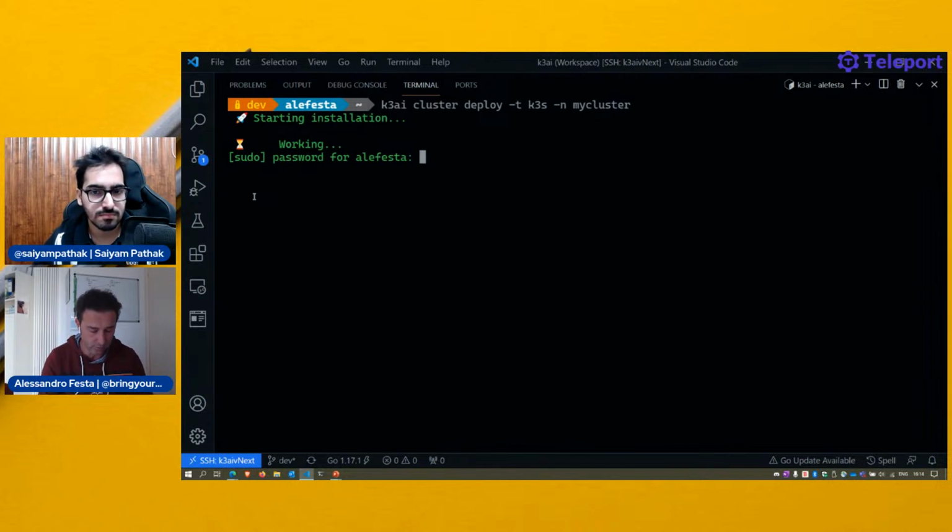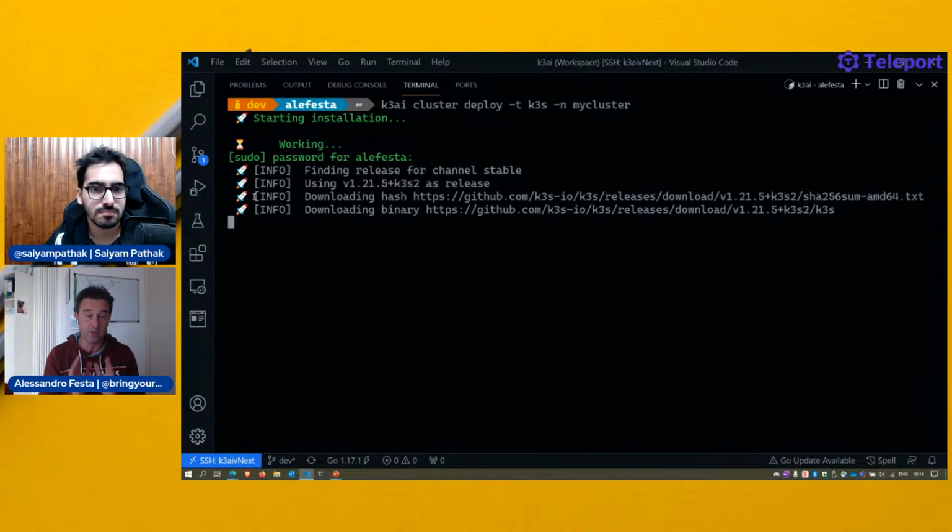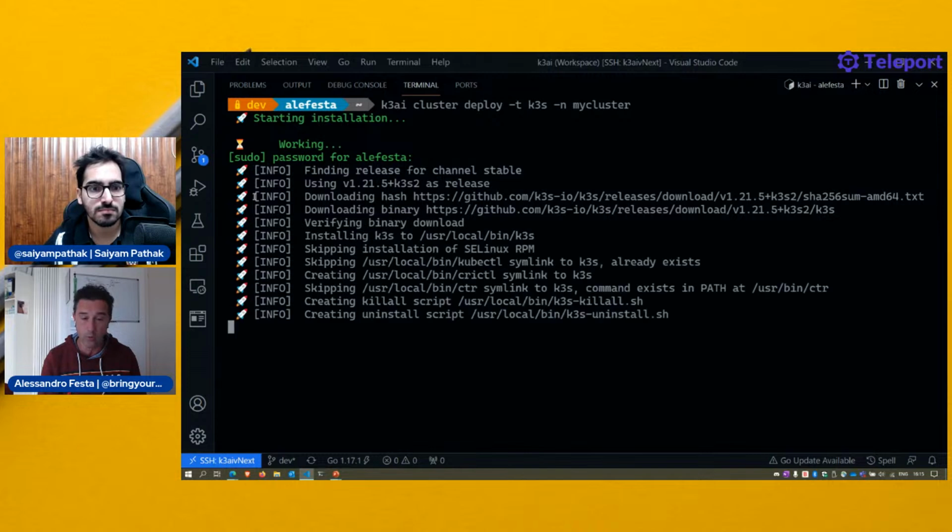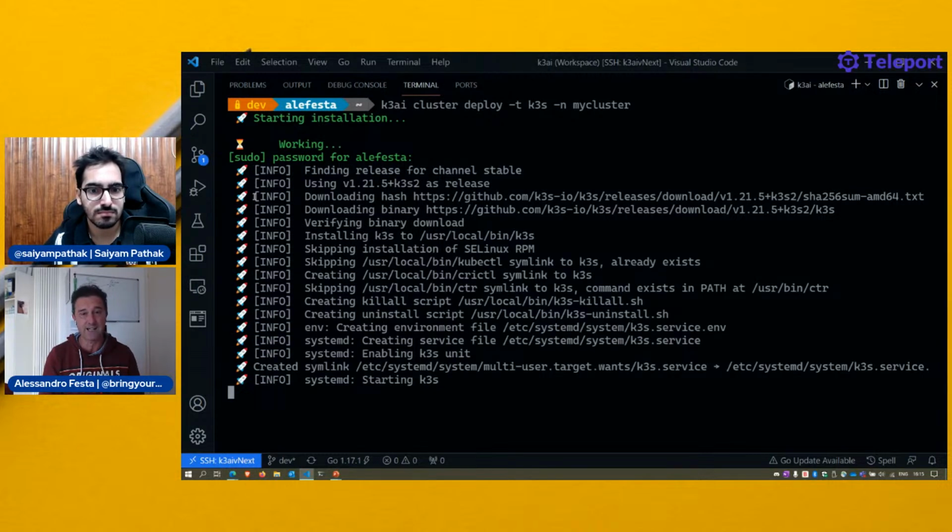And what we do? Well, we do the easiest things ever. We rely on the upstream installation part of K3s. So you can always be sure that the process is exactly what is expected, because this is exactly what they're using to install their cluster. Job done. Cluster is there.